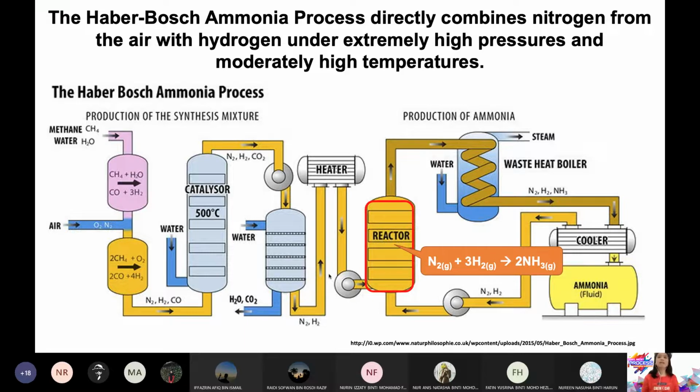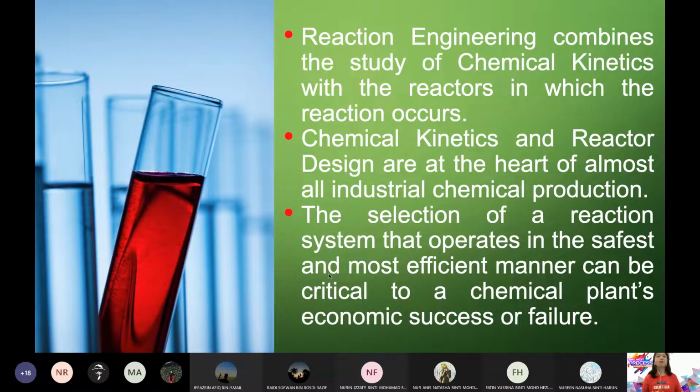Sebab dalam plant, the aim, money is through more product, means sebanyak mana raw material yang saya guna, saya nak semua raw material ni converted to produce as much product as possible. So how do I achieve this? By optimizing my reactor performance, by optimizing the reactor design, which is what you will learn for the next 14 weeks of reaction engineering. Okay, right. So in order to design reactor, dia bukan senang, dia bukan straightforward, because you have to understand certain concept.